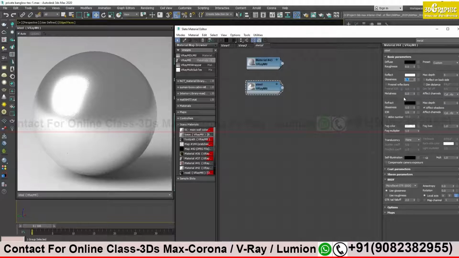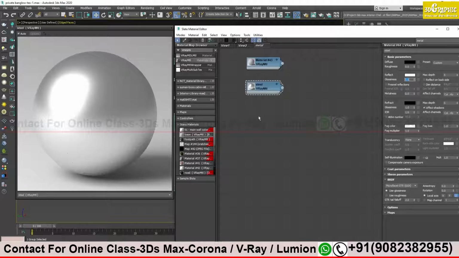If you want to reduce the reflection, make it a blurry, rough kind of surface. At the maximum, take it to 0.6 or 0.5. Don't go below that, otherwise it will take more render time. At the end, we also have to consider render time. So 0.6, 0.5 also work and give you a much better result.